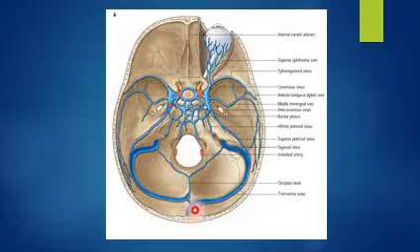This is right transverse sinus, continuation of superior sagittal sinus. It runs up to mastoid angle and then turns as sigmoid sinus. This one is left transverse sinus, which is a continuation of straight sinus. Superior and inferior petrosal sinus, they drain the cavernous sinus into transverse sinus and internal jugular vein respectively. These are two cavernous sinuses, one on each side, and this one is sphenoparietal sinus.